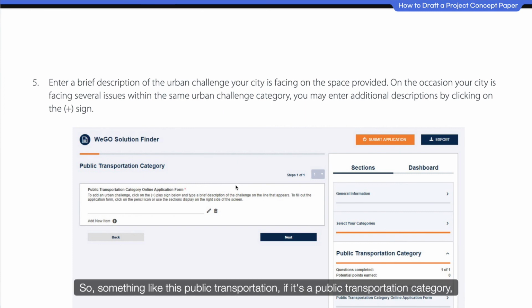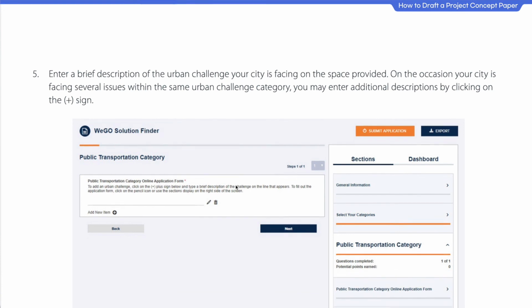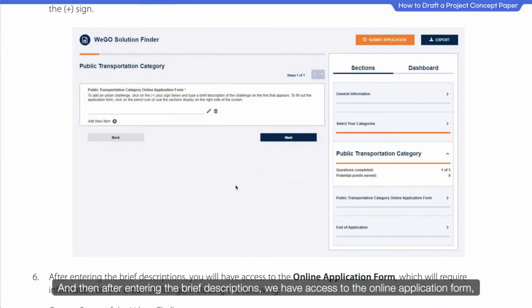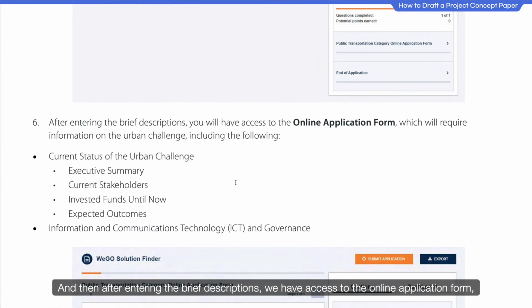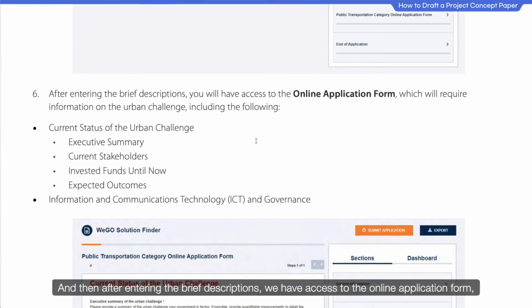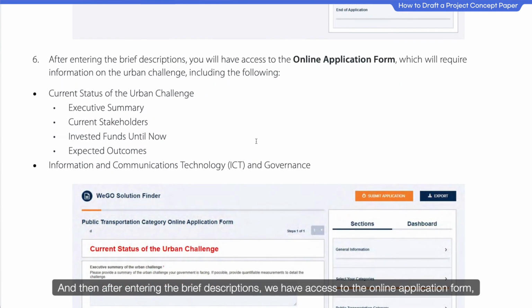So something like this, if it's a public transportation category, just punch in some of those challenges you're facing, okay? And then after entering the brief descriptions, you will have access to the online application form,